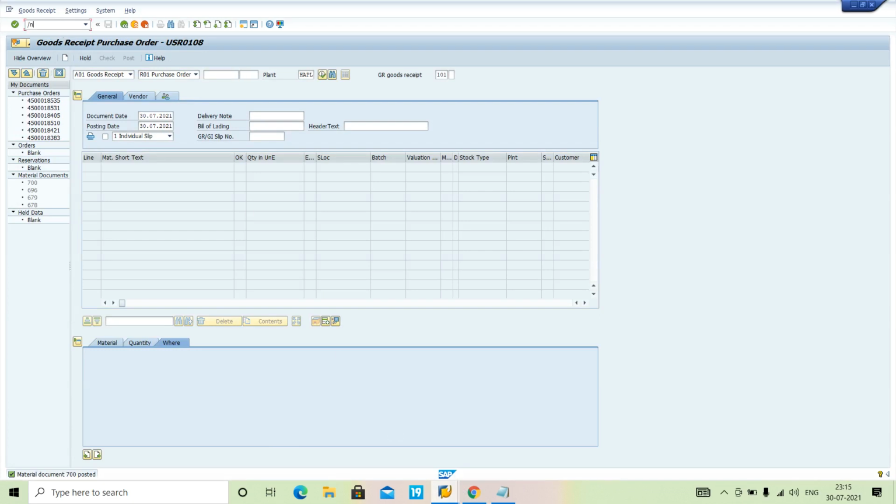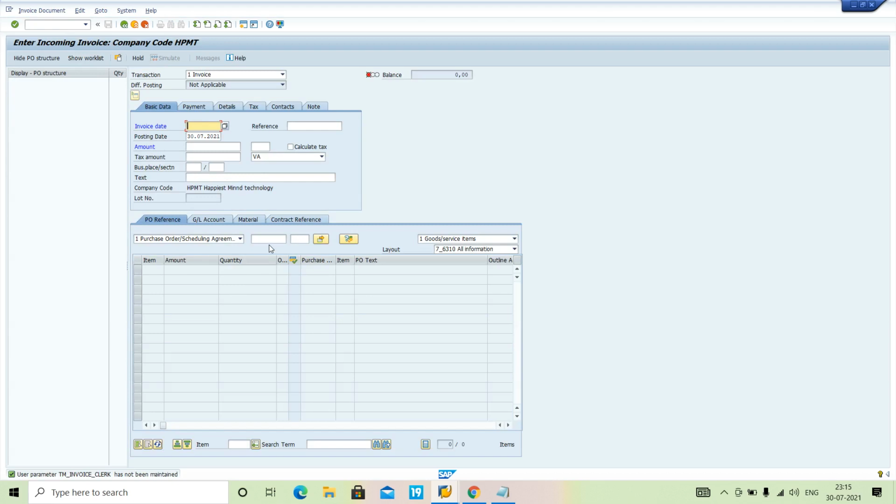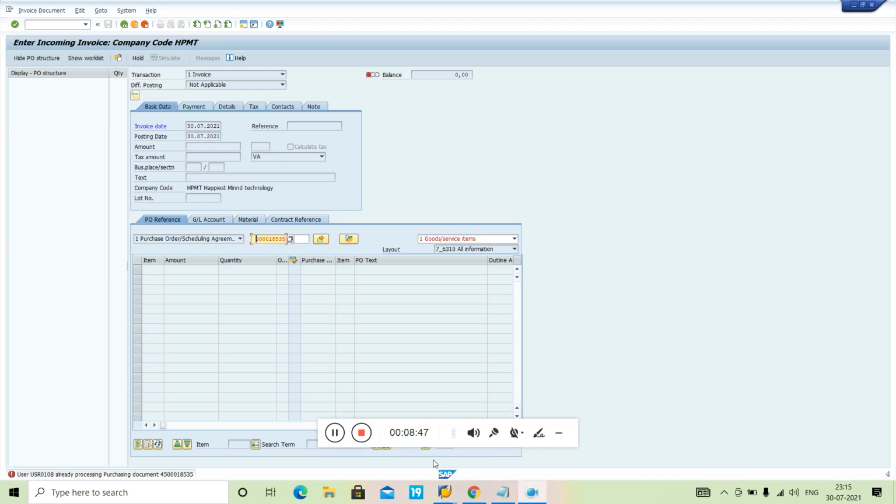So /NMIRO I will keep here. In the Miro, what I will do, I will just enter the PO number and the delivery date. It is showing the user, so my user is already processing the purchase document.